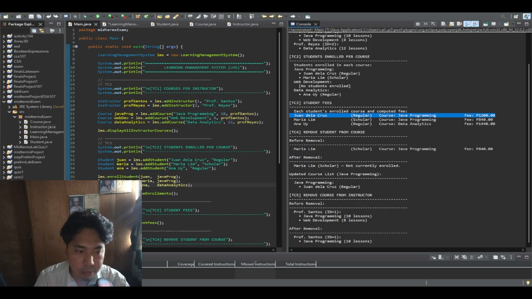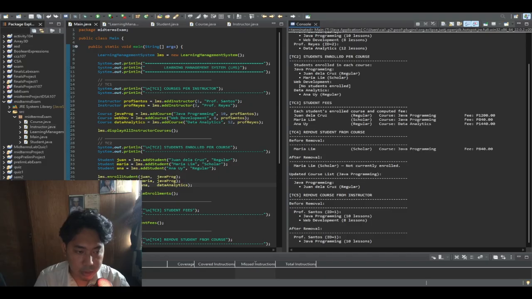And Maria Lim, being a scholar, receives a 30% discount. So her fee is 10 multiplied by 120 multiplied by 70%, giving 840 pesos. And Ana Uy, as a regular student in data analytics with 12 lessons, pays 12 multiplied by 120, which is 1,440 pesos.